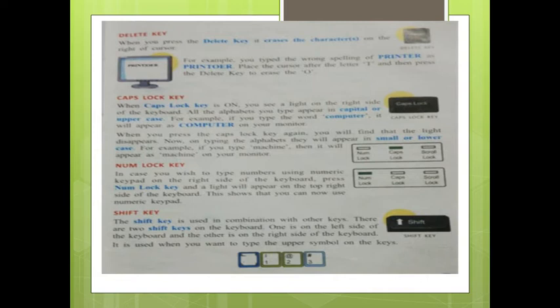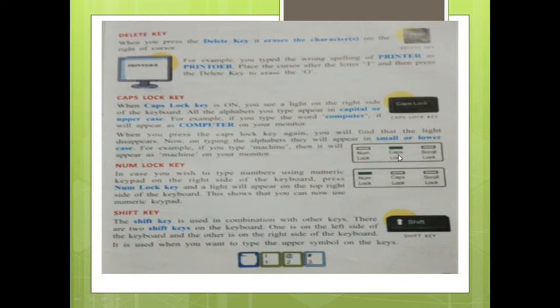For example, if you type machine, it will appear as machine on your monitor. So see here, we have the caps lock key, number key and score.